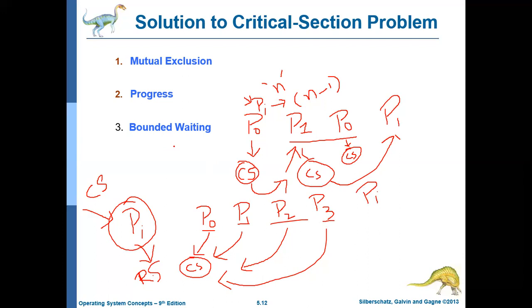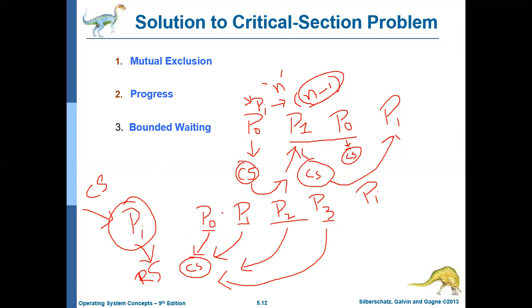That is, if a process enters the critical section and again wants it immediately, then it should wait until all the remaining processes have got the critical section. Only after that should this process be allowed to go in. Bounded waiting should also ensure that processes enter in the order in which they came, or are waiting for the critical section. If this is not guaranteed, some process may wait for a long period of time, and that may again lead to a problem called starvation.